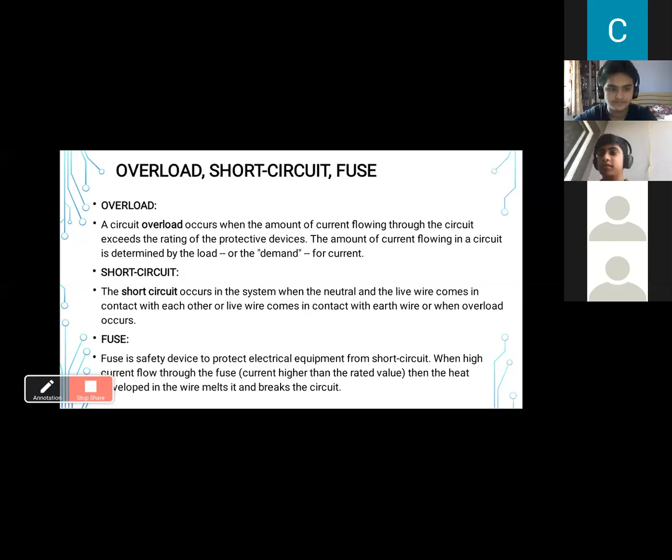Ma'am, I just wanted to ask one more thing. Like the wires, like the green wire, the earth wire, the black one, and then the red wire and all. Will they ask us questions based on that? Yes, depending upon earthing also there are some questions, like why the switch is connected only to the live wire, not to the neutral and not to the earth wire. These questions I'm also going to do in the next sessions. Okay.